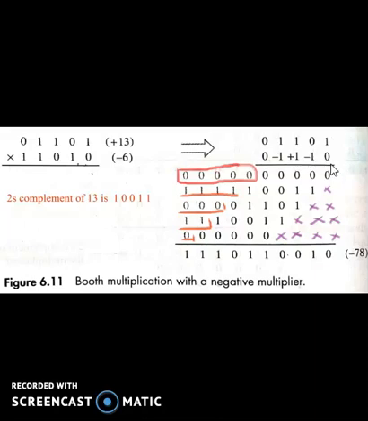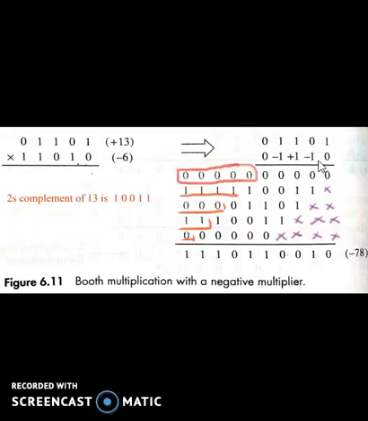Now let's start the actual multiplication of these numbers. This is the multiplier, this is the multiplicand. We have to multiply this number with 0. So 0 multiplied by this whole number becomes 0. There are 5 bits, so all bits become 0 0 0 0 0, because we are multiplying with 0. And now we have to attach some more zeros. Why zeros? Because this is a 5 bit multiplier, and these 5 bits and these 5 bits are multiplied, and finally we get a 10 digit number.